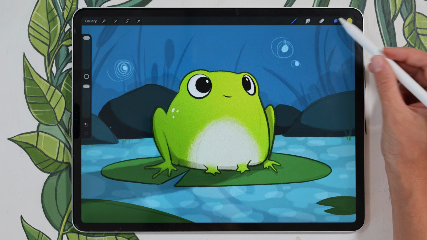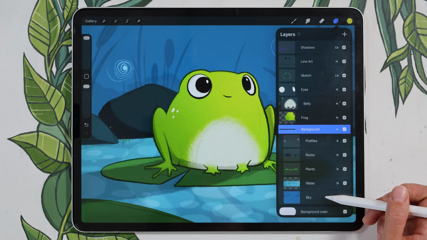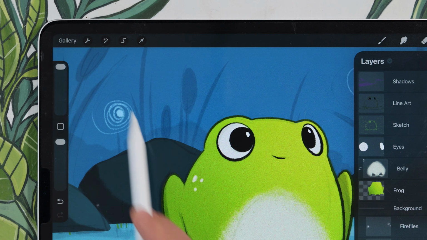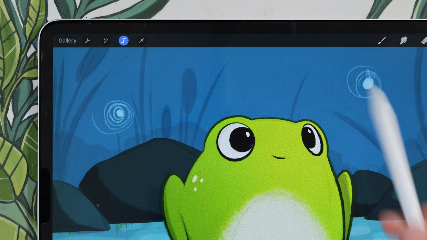Okay, so the second method is my absolute favorite because I find it to be super intuitive, and I always end up finding gradients I genuinely would not have thought of otherwise. So once more, we're going to start with an element that is on its own layer, but this time we do not need to activate Alpha Lock. Instead, go ahead and tap on this S-shaped icon right here on the top left to activate the selection tool